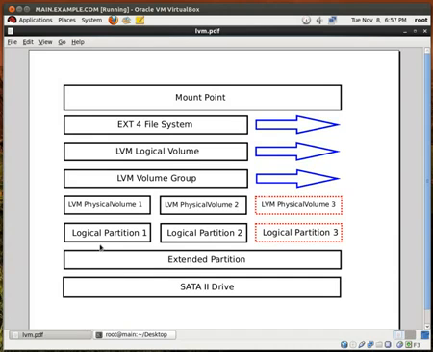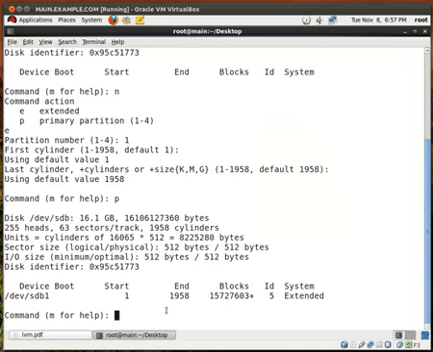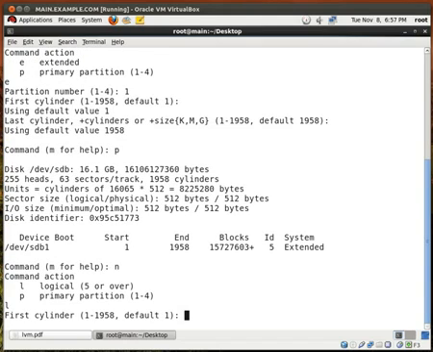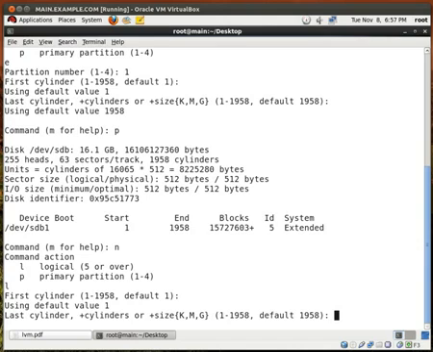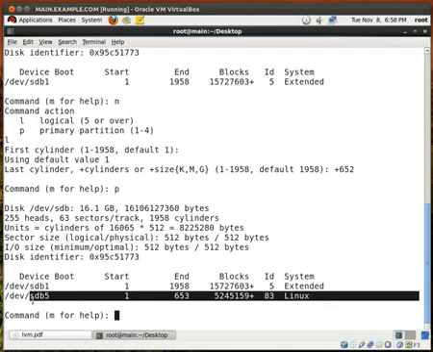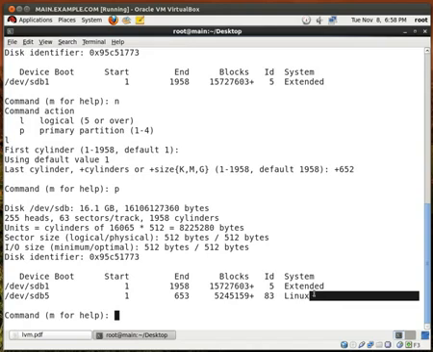Next thing that we want to do is create these 3 logical partitions, and to do that we type in n for new again, type l for logical, and hit enter to use the first available cylinder. And right here I'm going to put in +652. So why 652? Well, if you take 1,958 and divide it by 3, you get a number around 652. I'm trying to create 3 logical partitions of the same size. So I hit enter and I type p, and right here we see that our first logical partition has been